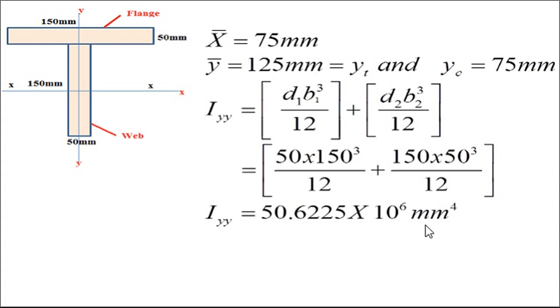This will be very useful for unit number 3. Otherwise you will be in trouble if you don't know the procedure to find MI about any axis. Until and unless your MI is correct, you cannot solve the example. So to have the correct solution of all the problems, you should know how to calculate MI of different cross sections. Okay. In the next lecture, we will discuss the bending stress problem, its derivation and a few numericals.